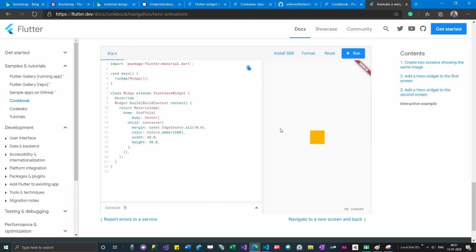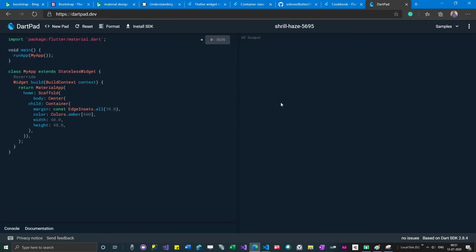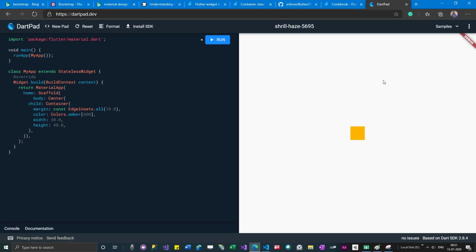Try to fix your setup issues on the other side. Try to use dartpad.dev to run your sample programs and see the output. Running as many programs as possible will help you to understand what Flutter is capable of. The thing we are seeing here is a real app. It's not a console app or something. By adding multiple containers, you can actually develop a game. By adding some small animation, you can actually develop a game.